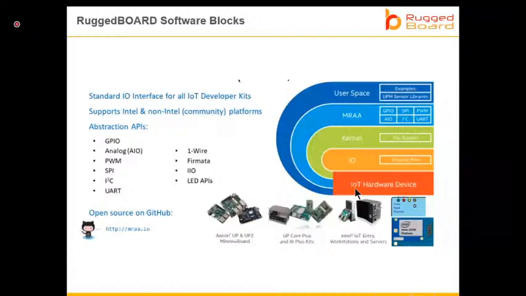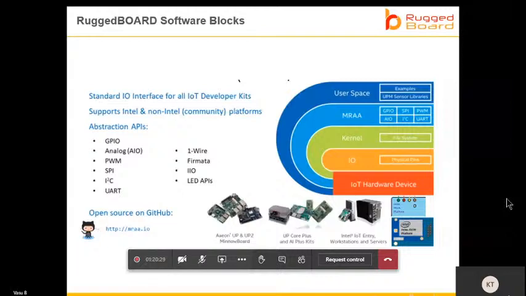For people who are new to Eclipse, Eclipse is an open source community which started with Java based tools, and many stacks have been developed as open source. If you are a microcontroller person using an IDE today, there is a 90% chance it is built using the Eclipse IDE.